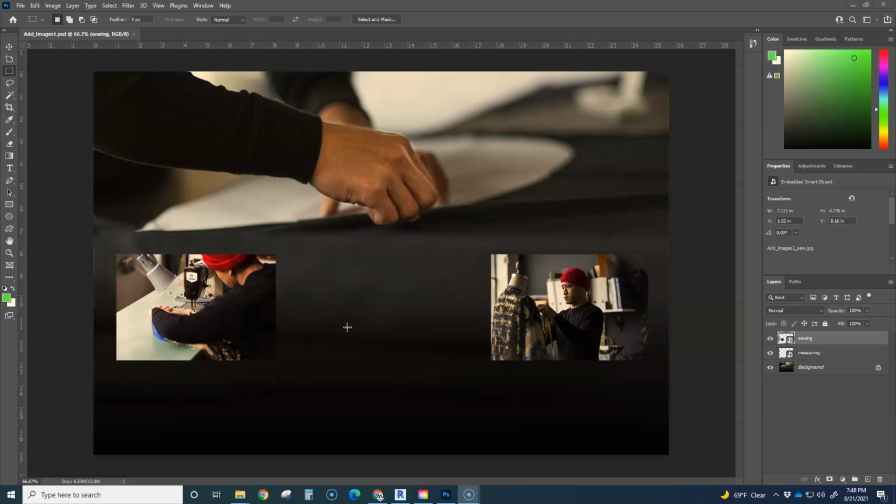Now we're going to learn how to add additional images to your Photoshop file to create a composition. So what you see here now is that I have 3 layers. I have a background layer, which is a large photo, and 2 images that were already added. Another thing I'd like you to be mindful of is this little icon here. This means it's a smart image. We will get into that much later, but I just want you to notice this little